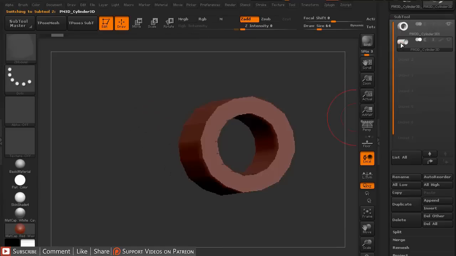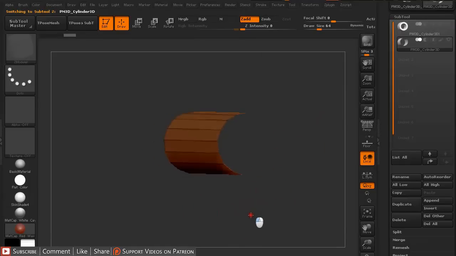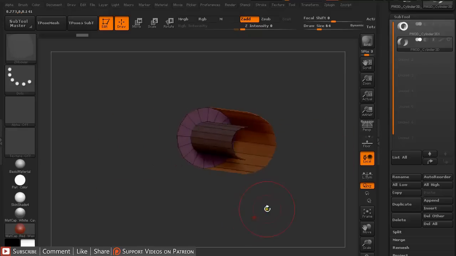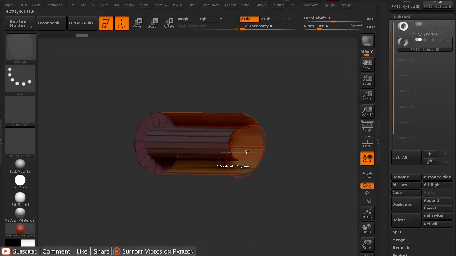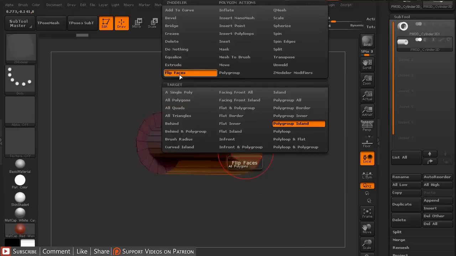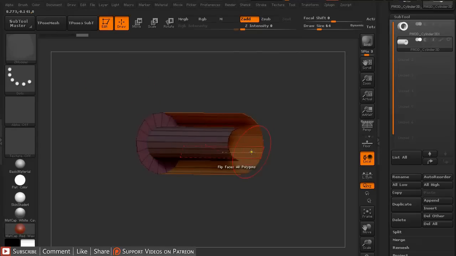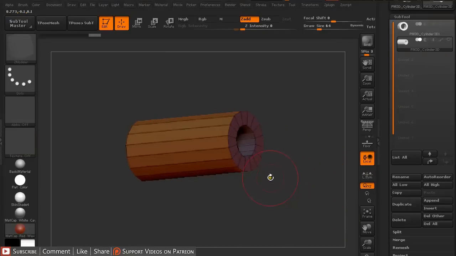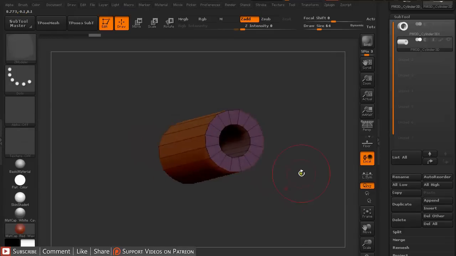Now if I go down to this tool, you can see if I go in a different direction, I make an extrusion in a negative way, and the polygons are facing in the wrong direction now. As you can see here, we can fix this by hovering over a polygon, right click on it and select flip faces, and let's just flip all polygons. Just click on the polygon and it's going to flip the faces,